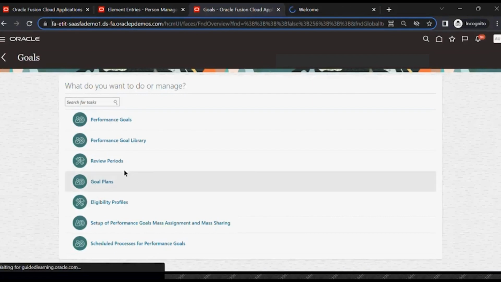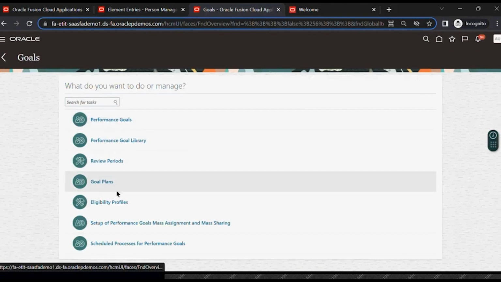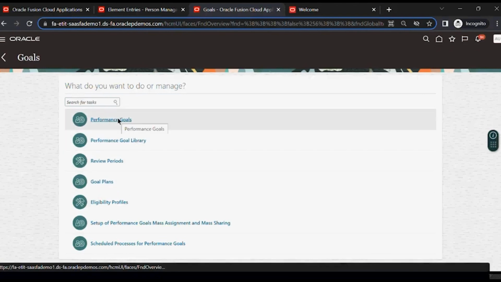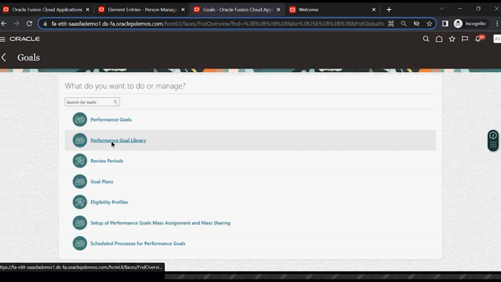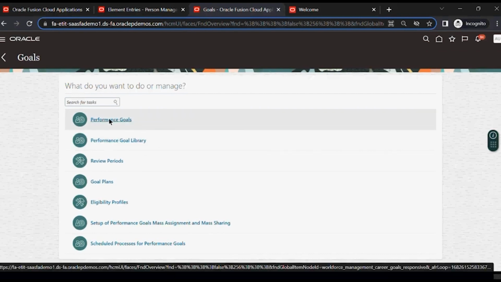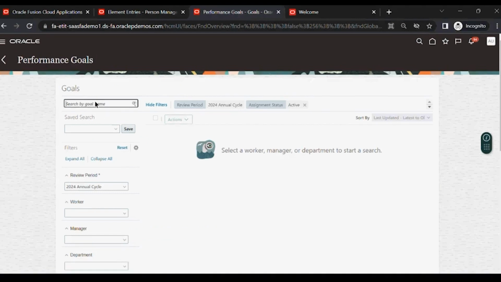So over here, there are very limited tasks available under the goals. If at all the goals are created and we want to see which goals a particular person has, then we can access this task. But if we want to add a goal, then we have to access the performance goal library. I'll tell you the difference. Just the way we have individual compensation plans and individual compensation, individual compensation corresponds to performance goals. When I click over here and look for a person,